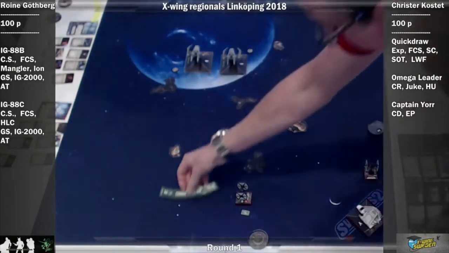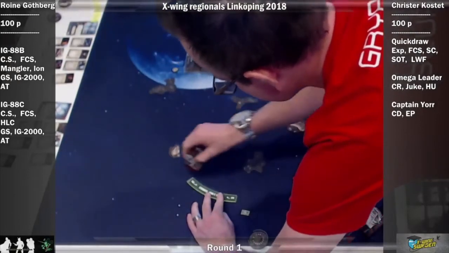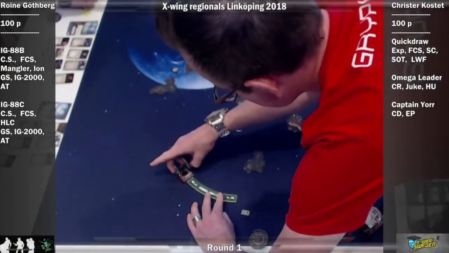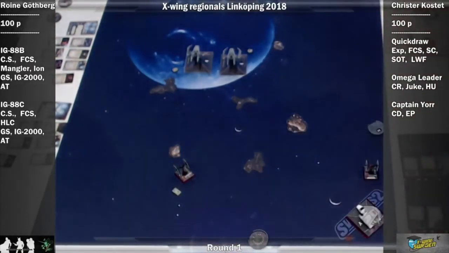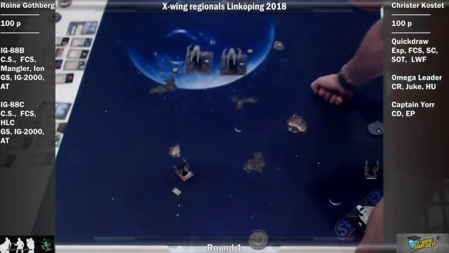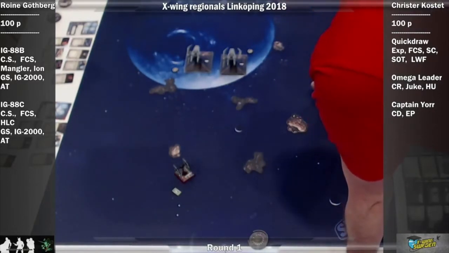So they are looking good if they want to target Omega Leader, which I think should be the first target, because you want to kill Omega Leader while you have two ships shooting. There's a 3-bank from Omega Leader, probably a barrel out to get outside of that rock here. I assume Krister is glad if the IGs chase Omega Leader, and Quick Draw can just do his